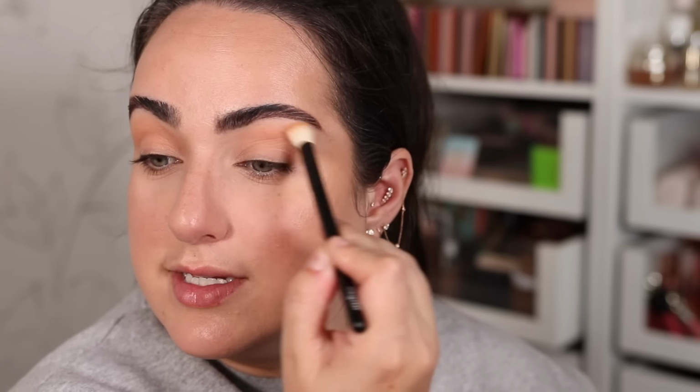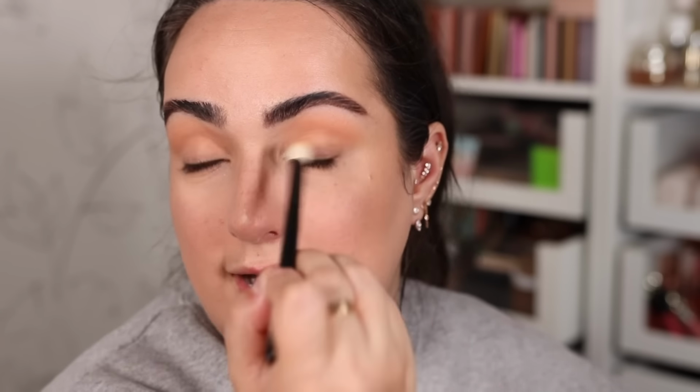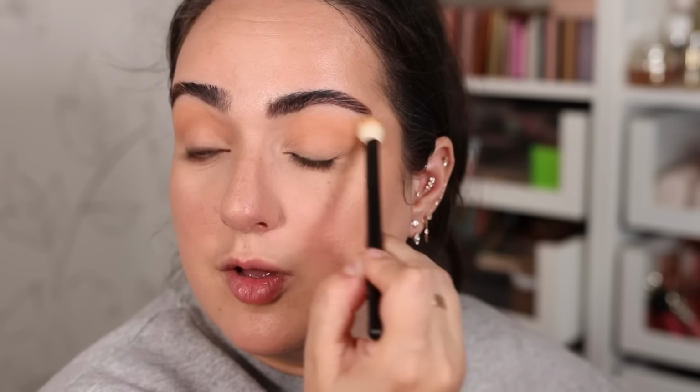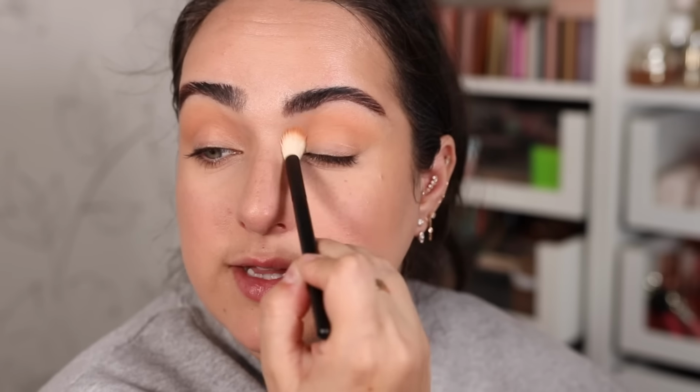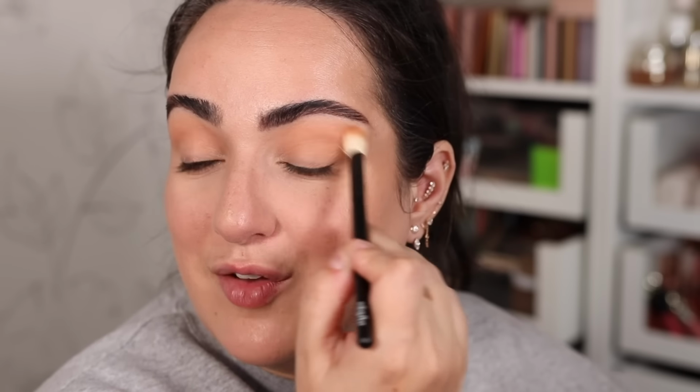crease shade all throughout. It's a shame that the I Need a Nude palette is sold out, but honestly it's so hard to keep up with the Black Friday sales because they didn't even start near Black Friday. They started like a week and a half ago. A lot of the brands did, and then more brands were starting as the days went by. So when do you film a video to tell everyone everything that's exciting and on sale closer to Black Friday so that most brands already have their discounts out, and then we run into the problem like I just did, that my favorite product is sold out and the Magic Cream discount went by in a flash,